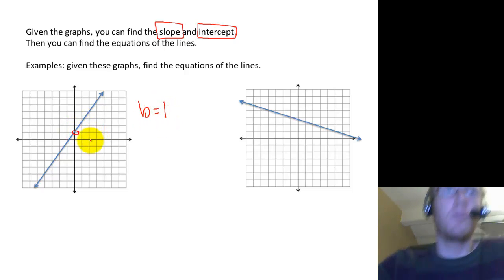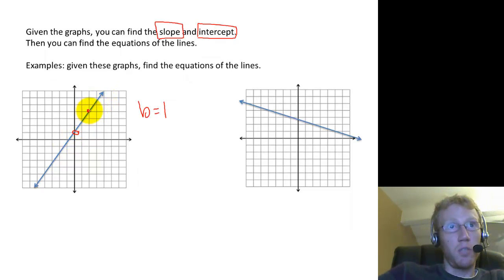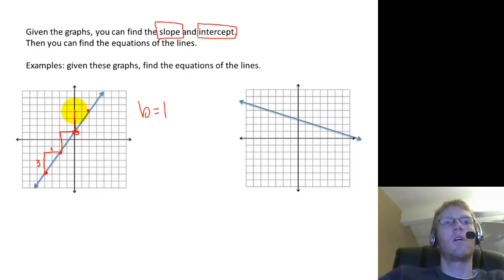And now to find the slope, we should try to find points that line up right on the corner. So to me it looks like this one lines up well, this one lined up well, this one lined up well, and this one lined up well. So I can check and see up 3 over 2, and we should verify that it's the same. Up 3 over 2, up 3 over 2. So it's the same for all of them, so I can write rise over run